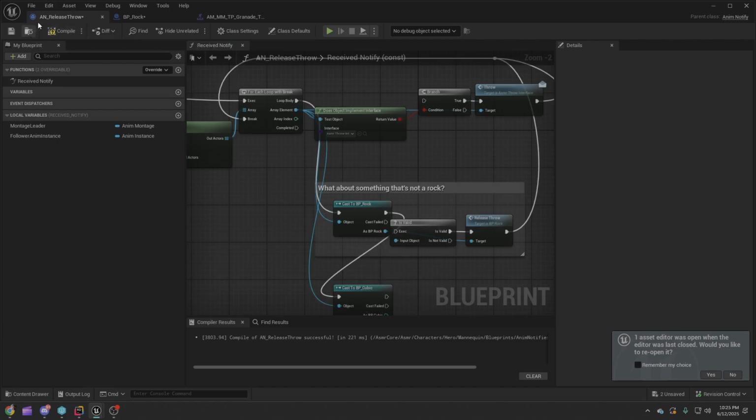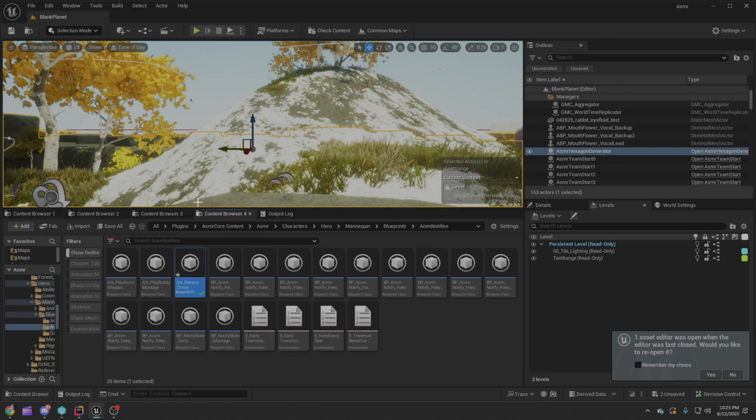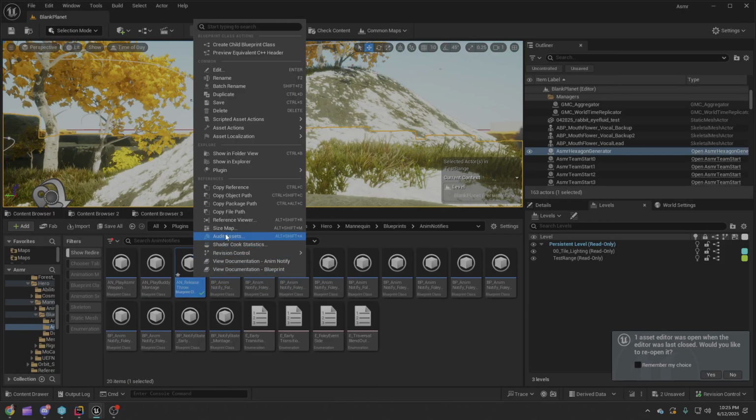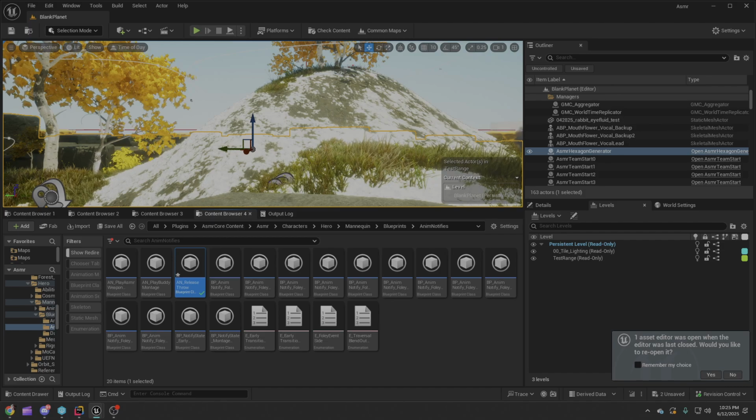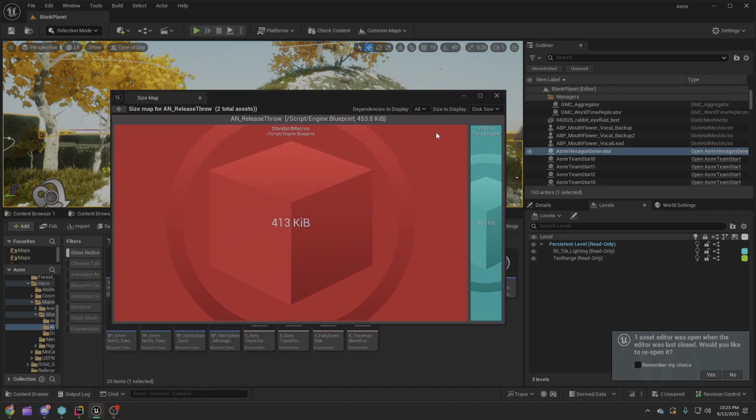So now if I were to go to this animation notify, wherever this animation notify is used, if you look at this size map, you'll see that it has, due to referencing the BP rock, it now,